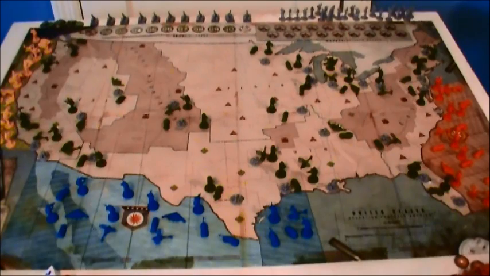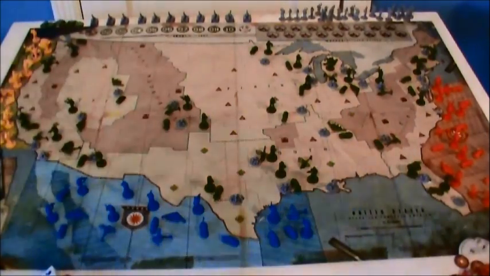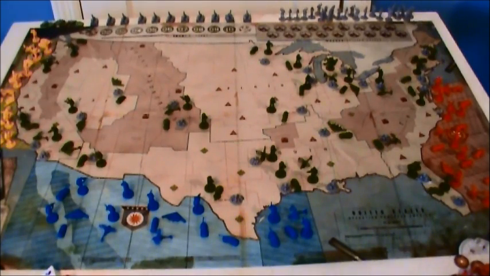Alright, so the first phase is reinforcements. It doesn't happen during the first round, of course. But that is when the invaders get a set number of guys to bring in. Then there's declare battles. If you look at your little sheet, you've got two types of movement listed for every unit. You've got maneuvers movement, which is how far they'll be able to move to get into position for battle. So you declare battles, then you maneuver the guys, then if it's the US player's turn, he does lasers, then